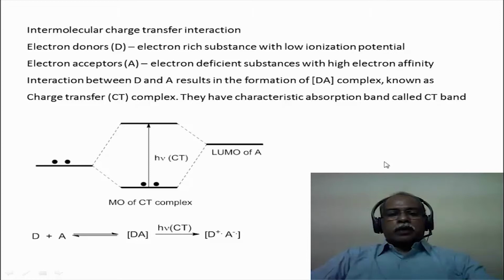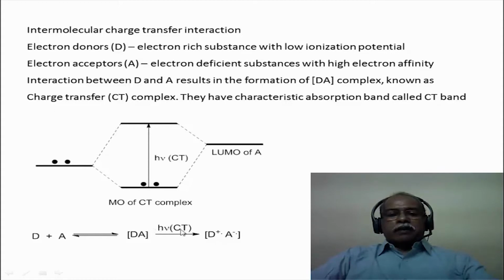When they come in close proximity to each other, there is an energy level which is created, which is characteristic of the molecular orbital of the charge transfer complex itself. So this will be the HOMO of the charge transfer complex, and this will be the LUMO of the charge transfer complex. Essentially, the charge transfer band is the transfer of electron from the highest occupied molecular orbital of the CT complex to the lowest unoccupied molecular orbital of the CT complex. So when the donor and acceptor come close proximity, there is a charge transfer complex formation with an accompanying new band corresponding to the CT excitation.